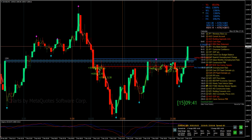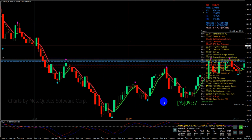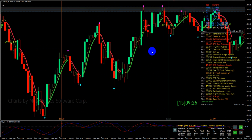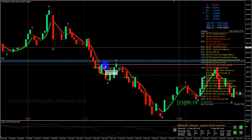Shit, I'm on the M15. Of course, I didn't do it like that because I'm on the M15 and not where I'm supposed to be. Let's delete that. Okay. So this one was traded like this,